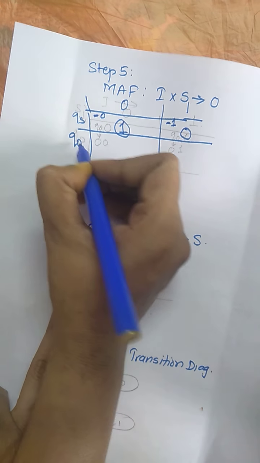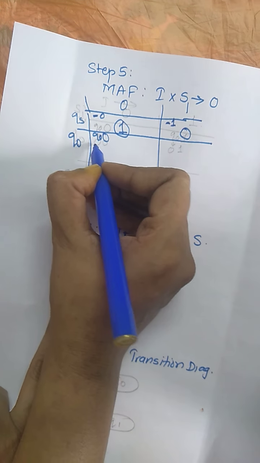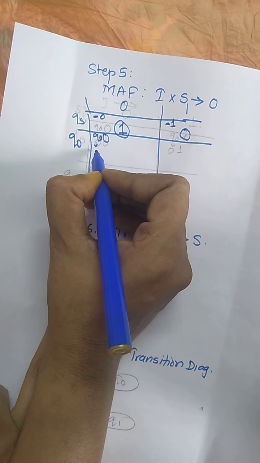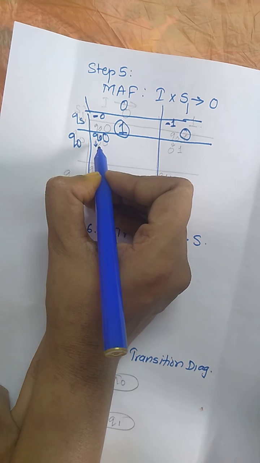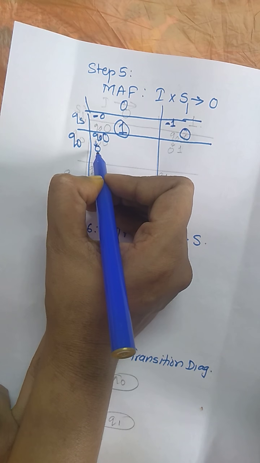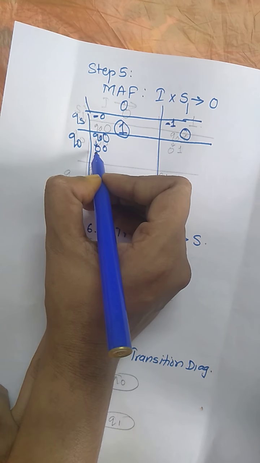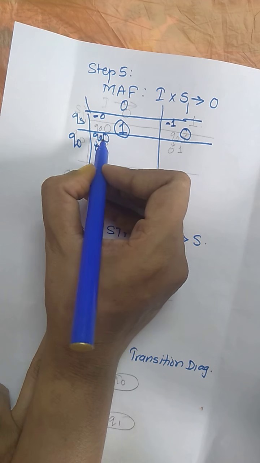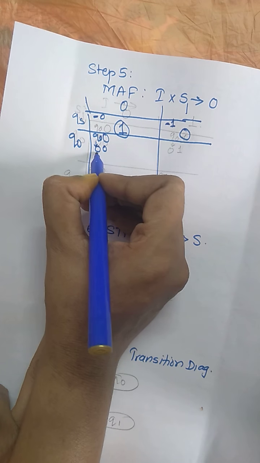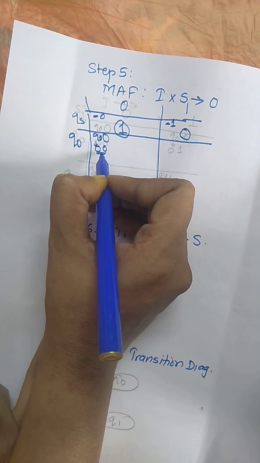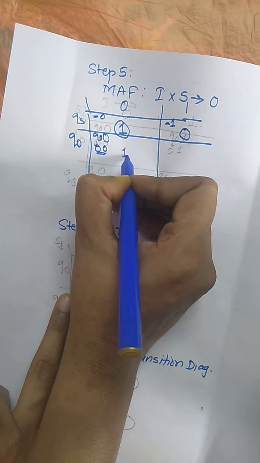Now Q0. Now Q0 with 0. What is the output of Q0? Q0 represents string 0 with the next bit as 0. So Q0 represents not generating the output. Q0 represents string 0 with the next bit as 0. Whether this string is accepted by your machine, yes. So for yes, we have output as 1.